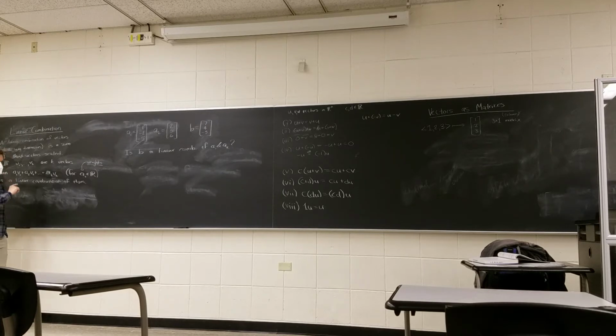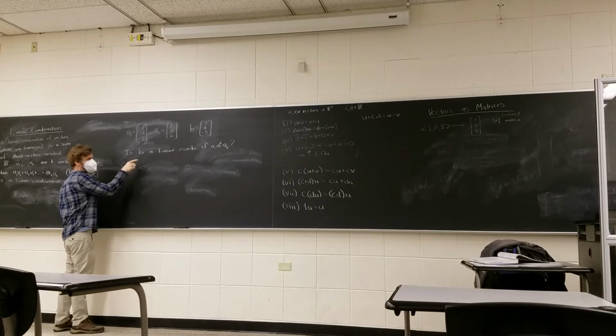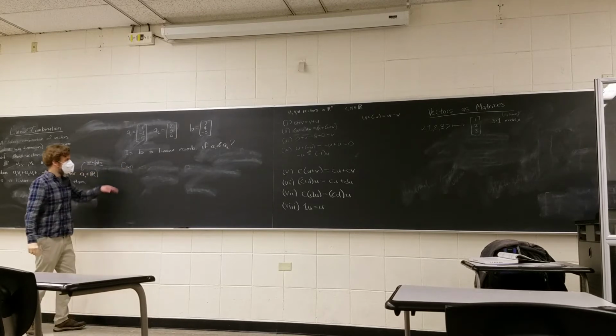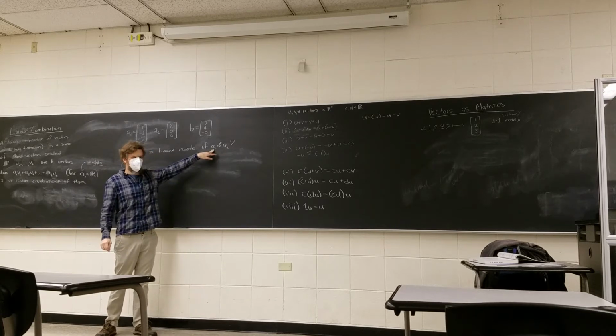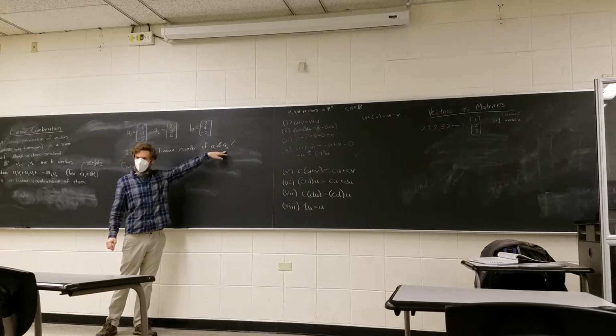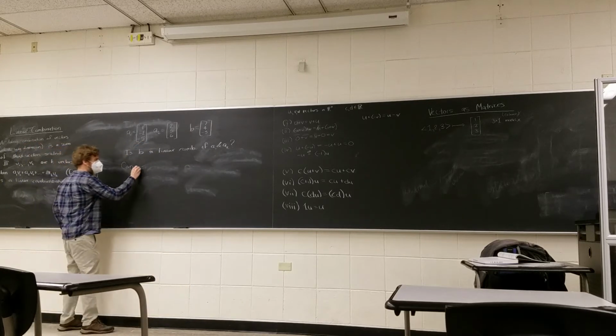I'll start by giving you a hint. I'm going to rephrase this question. So if B is a linear combination of A1 and A2, then it's some scalar times A1 plus some scalar times A2, right? That's the definition. So the linear combination is. So I'll rephrase this. Can we find